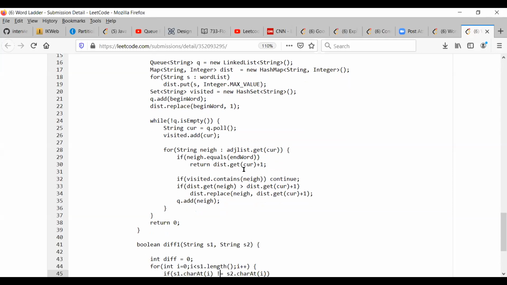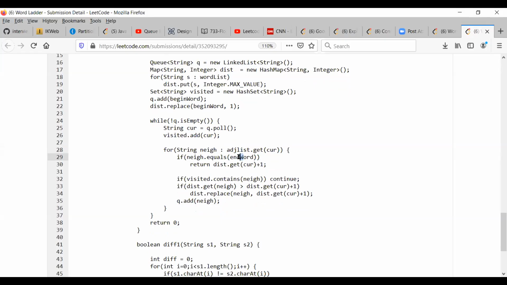Whenever I'm popping, I'm setting it visited so that we don't go to that node again. For each neighbor of the current word, if it is equal to the end word, then I return the distance of the parent plus 1.